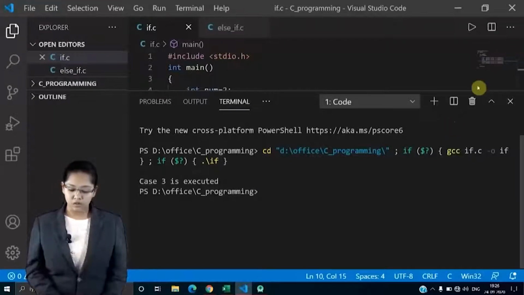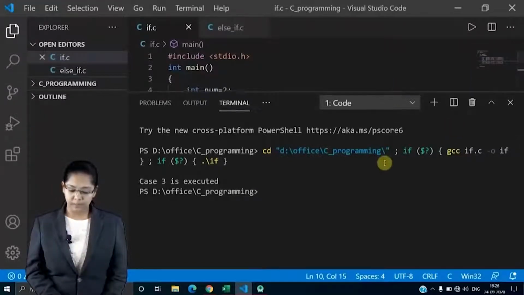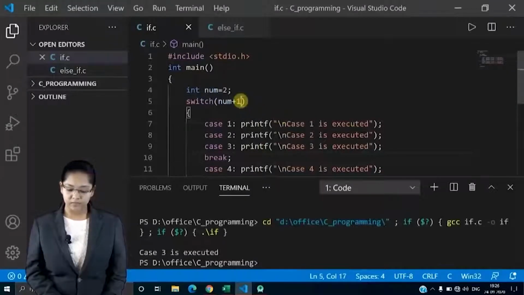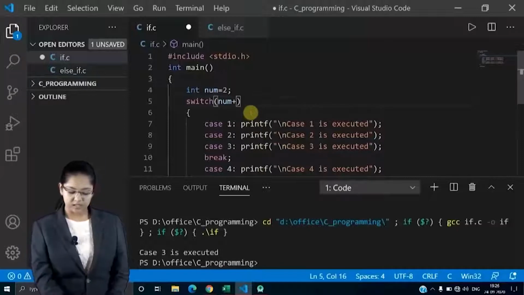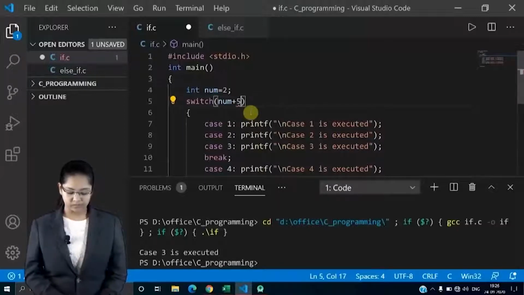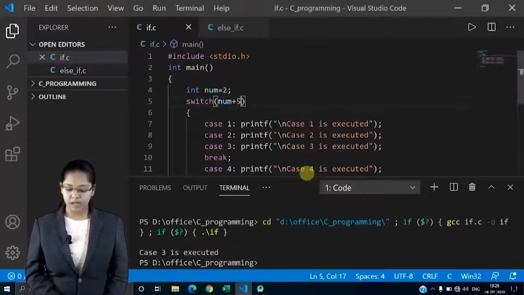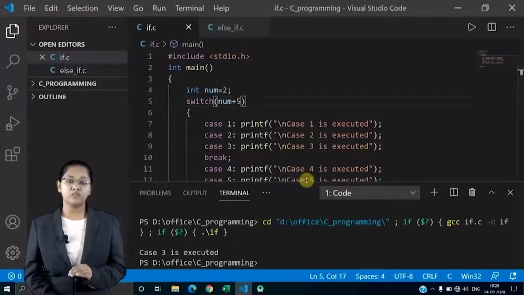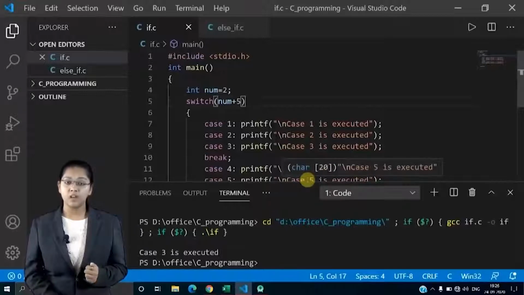Right? So now let's change it. Let's say for example I have 5 cases, right? Let's say 5 over here. Now what will happen? Now the answer is num plus 5, that is 7, right? But here I don't have any 7th case.